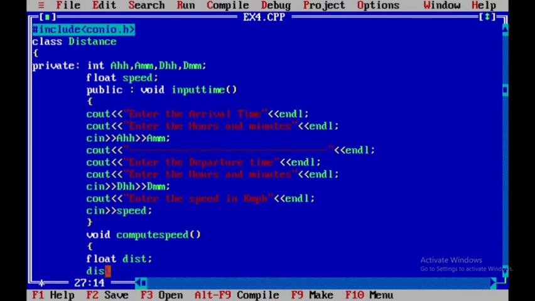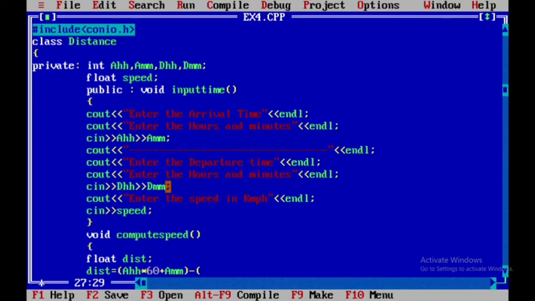I need to find the distance, so this equals arrival time in hours. I'm converting the given arrival time hours into minutes, so arrival time into 60 plus the given arrival time minutes. And we need to subtract the departure time.